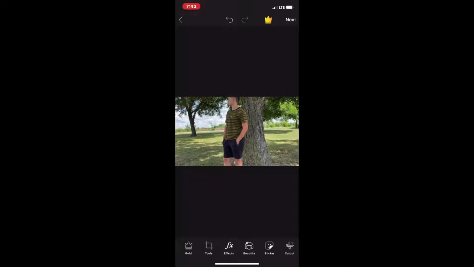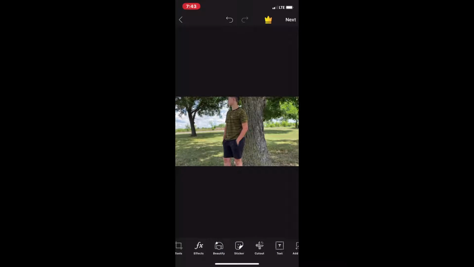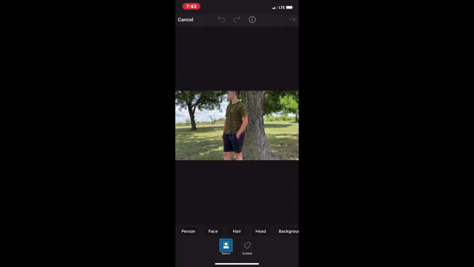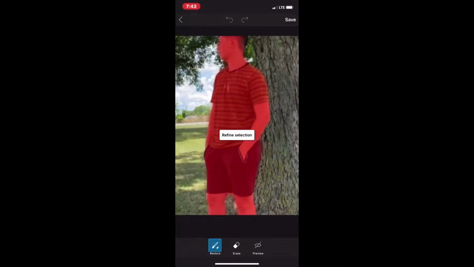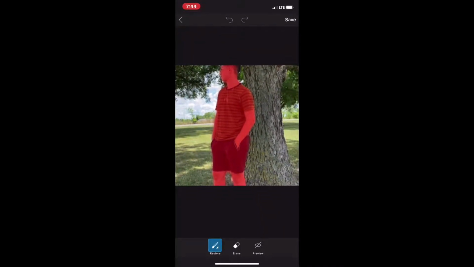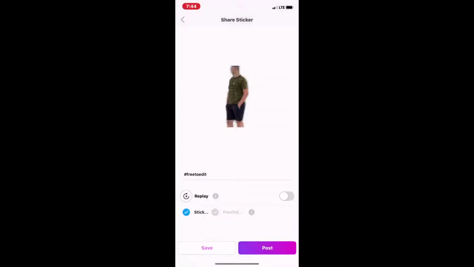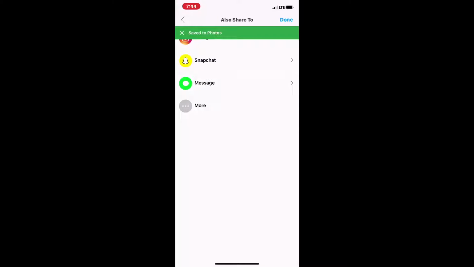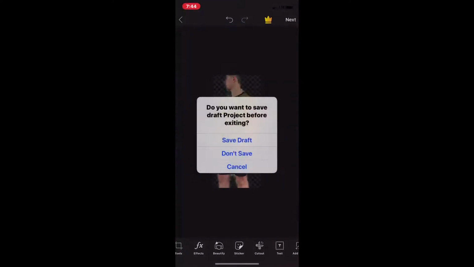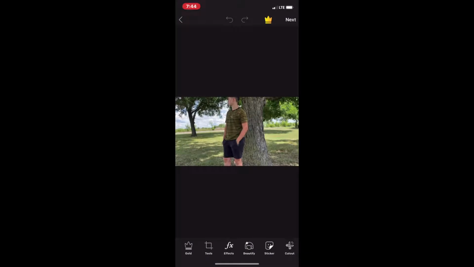Once you did the 16:9 thing, you want to go into Cutout and then go into Person, and it'll do it, and that's actually pretty good. That's probably enough. That's good. Then next, save, download photo, and then you go back, save, and get the same picture, and then go to